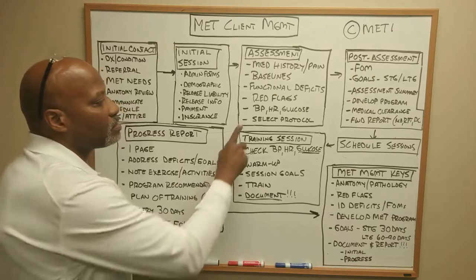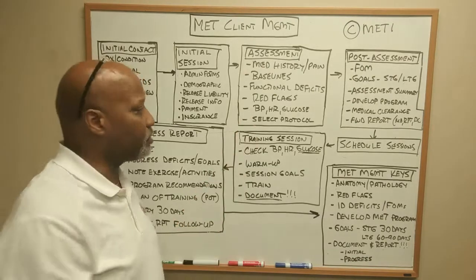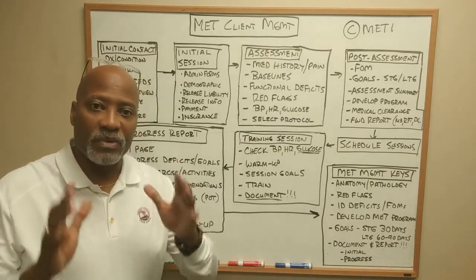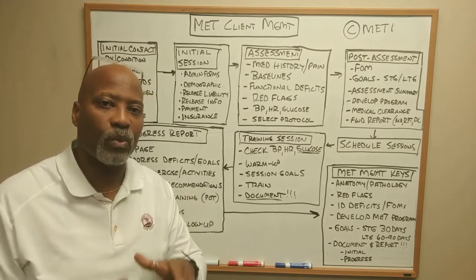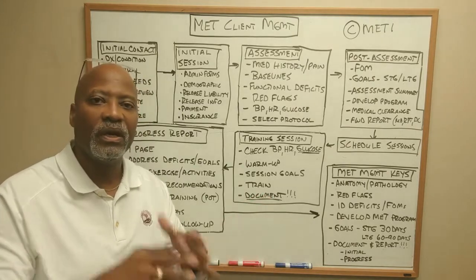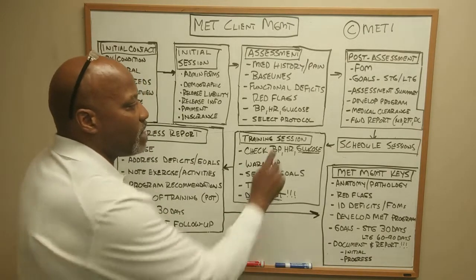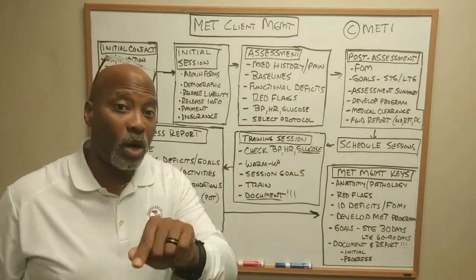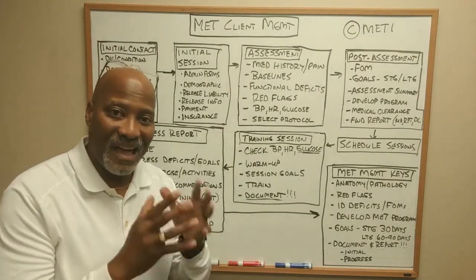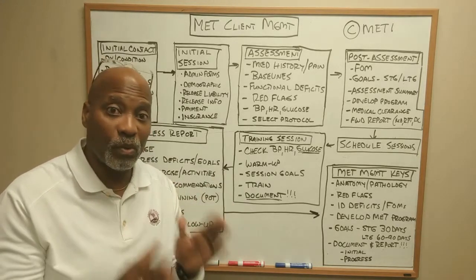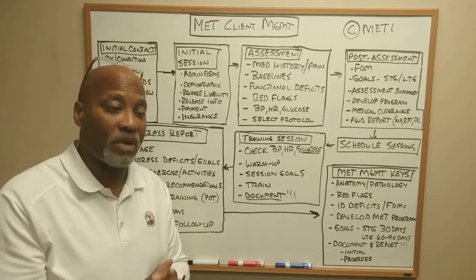One of the key things, though, is with all of your clients, check blood pressure and heart rate. I'm going to make that perfectly clear. From this point on, check blood pressure and heart rate with all of your clients in those first two sessions. Okay, assessment session, the session following that. Now, if you have clients that are diabetic, as I mentioned before, you need to check blood glucose. You don't do it, the client does it. The client actually uses the glucometer to measure their blood glucose level. You should be standing right there to see what that measurement is.